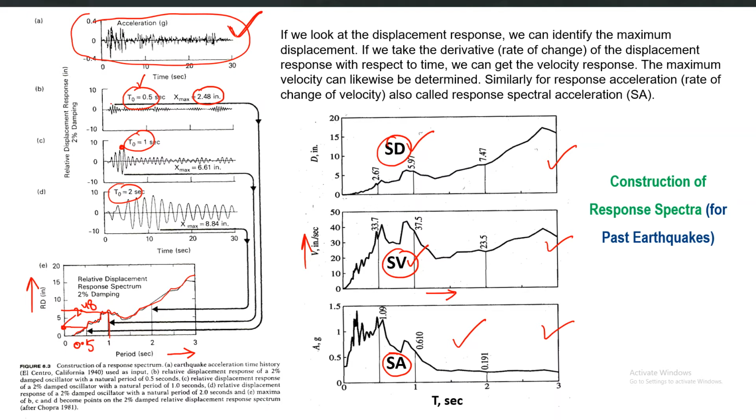The original earthquake on top is showing you how the earth moved, and you can pick the peak value, and that will be your PGA. But these three graphs are actually giving you the response of all possible buildings or structures with different time periods. The peak value of displacement, velocity, and acceleration response is directly available from these curves. More importantly, we will have this spectral acceleration versus time period curve, which is the acceleration response spectrum. The values of spectral acceleration depend on the time period of the structure.